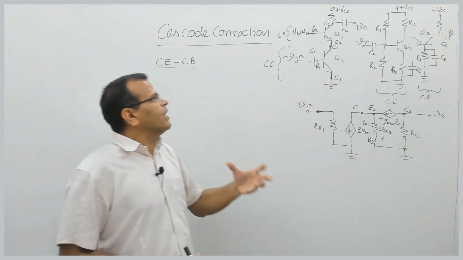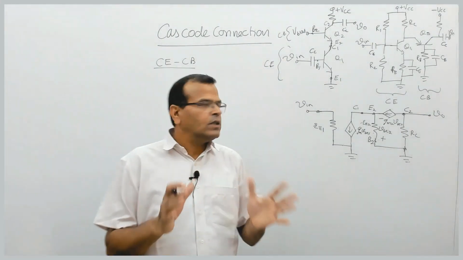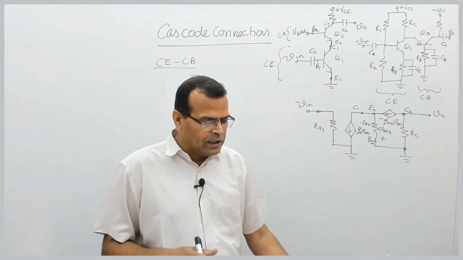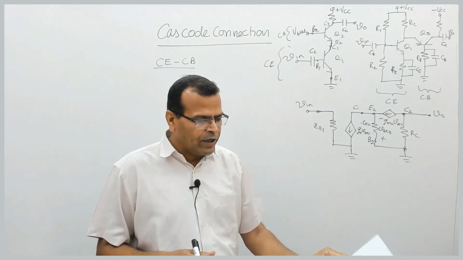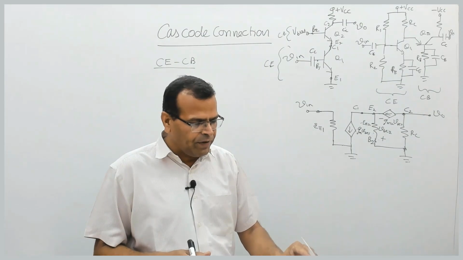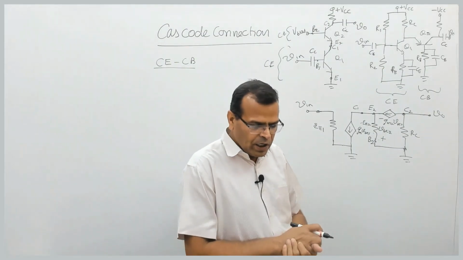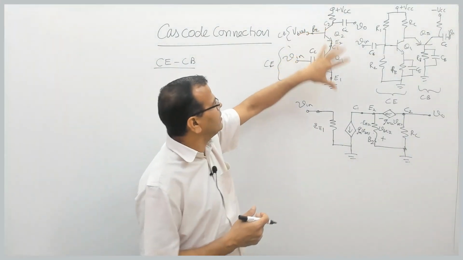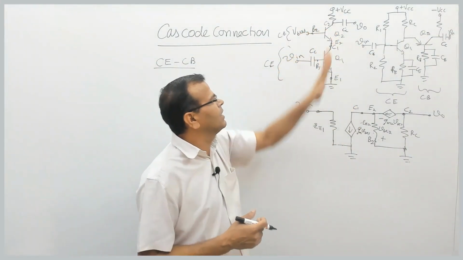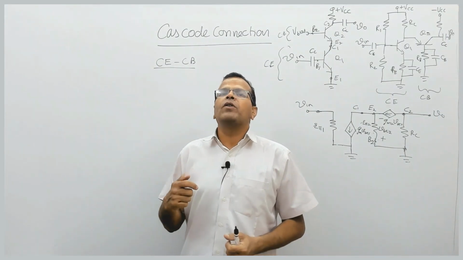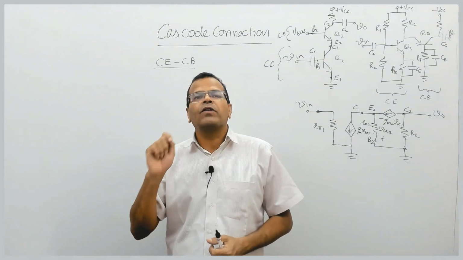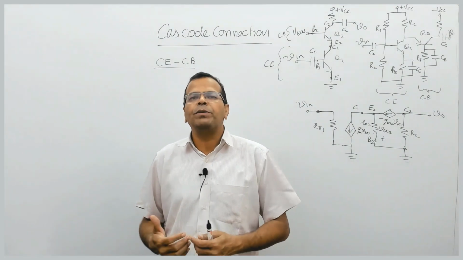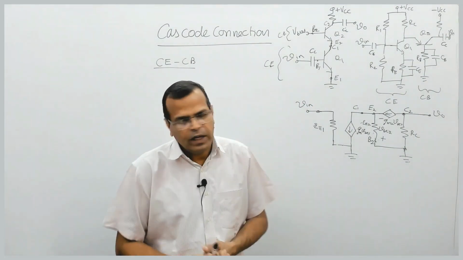We will try to find out the different parameters of the circuit one by one, that is the input resistance. Then we will find the voltage gain of the amplifier, and finally the output resistance. Fine. So here I am drawing the small signal equivalent for this. I repeat, we will draw the small signal equivalent circuit of the amplifier, and then find the input impedance, output impedance, and voltage gain of the amplifier.